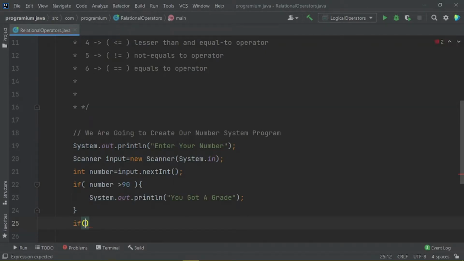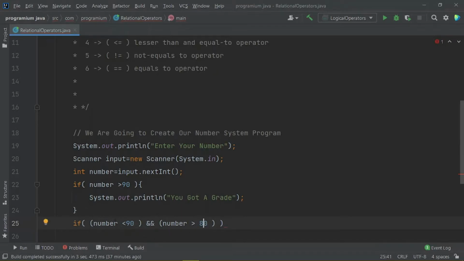And if the number is smaller than 90, we are also using logical conditions here, so let us put a logical condition and number greater than 80.